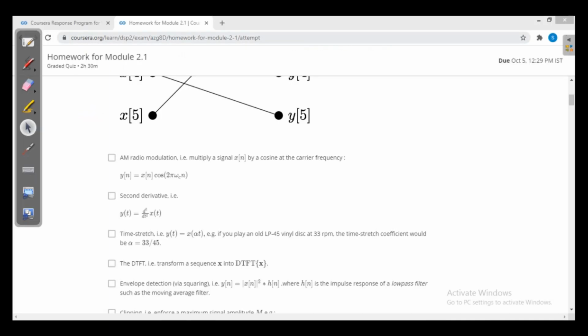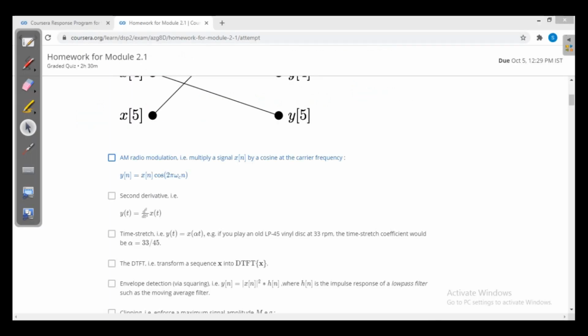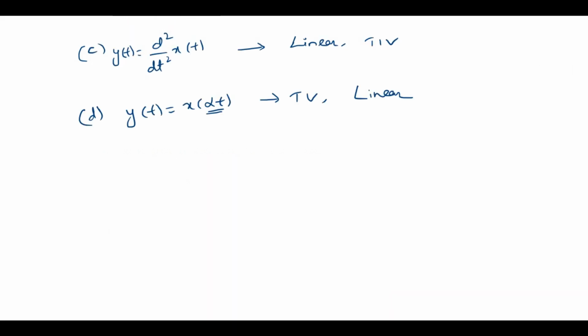Now the next, y of t is equal to x of alpha t. Now see here, the relation is depending on time, alpha into t. Simply it is time variant, and the system is linear. The next, DTFT of x. Again, the system is linear, but it is depending on the time, so it is time variant. The next one, f,